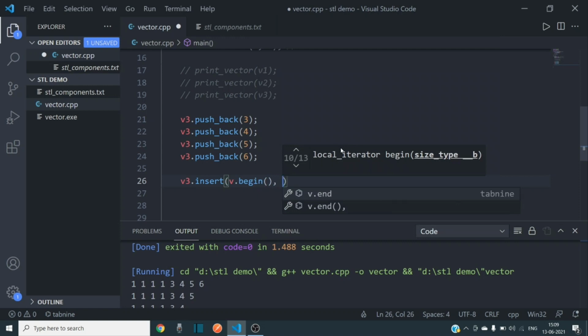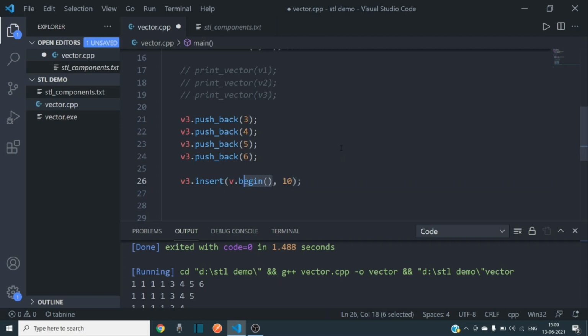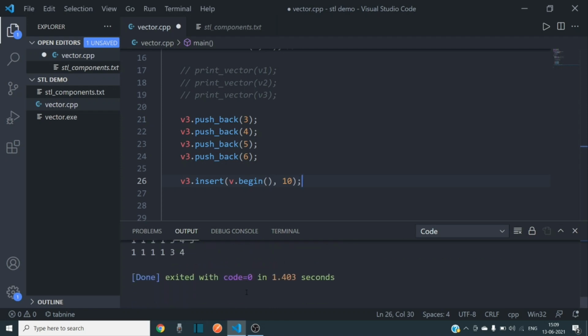I want to insert 10 at the first index, so the iterator is v dot begin. It will insert 10 at the 0th index, and after that it will push everything to the right. So the output would be 10, 4 ones, and 3, 4, 5, 6 after that.